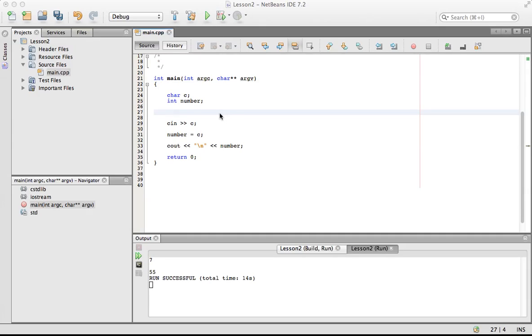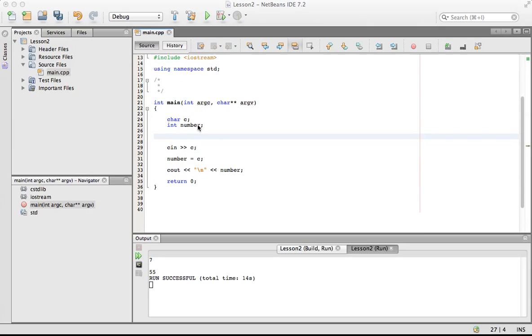Okay, so you see here I've written out a little bit of code already to save us some time. We have an initial character C and an initial number. What our program is set up to do is to read a character from input from the user, us, set the number equal to that character, and then output it. And this is just to show a little example real quick. So if we run this,